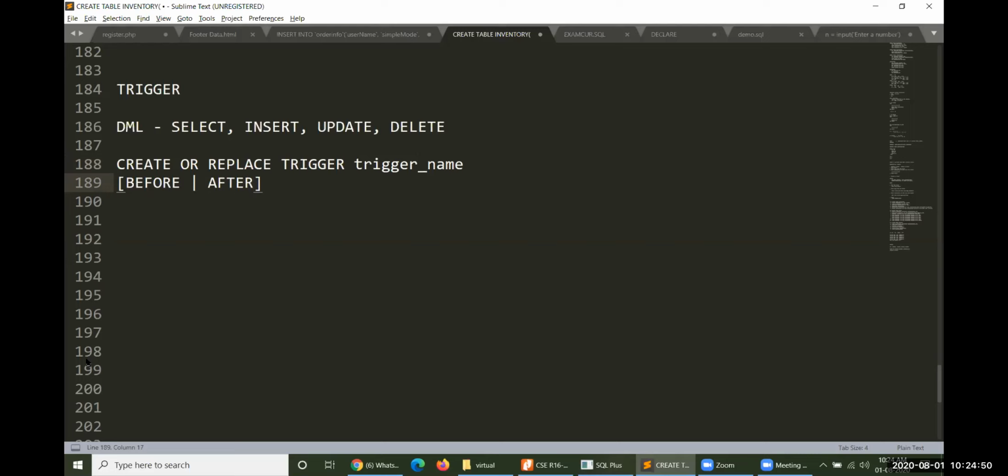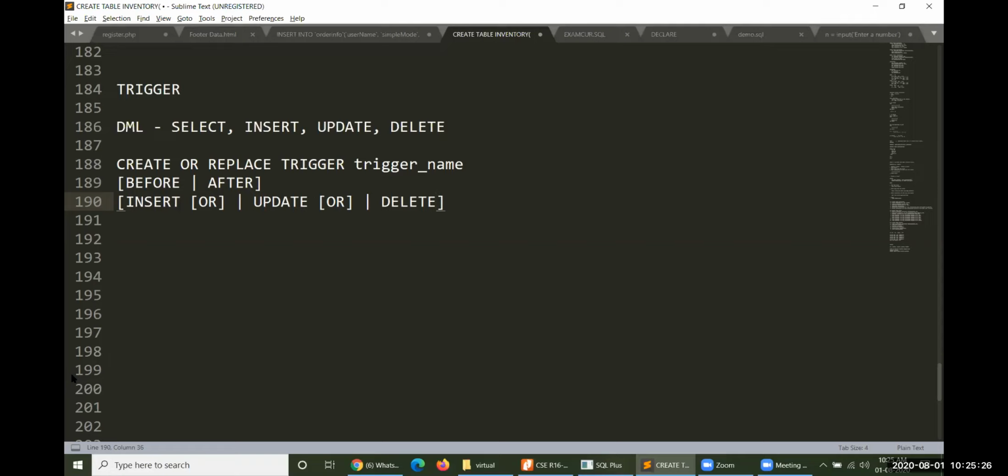Followed by that, it can take three different types of operations: insert or update or delete. If you want to operate all these operations on the table name, then insert or update or delete. You can use or as a separator between all three types of operations.